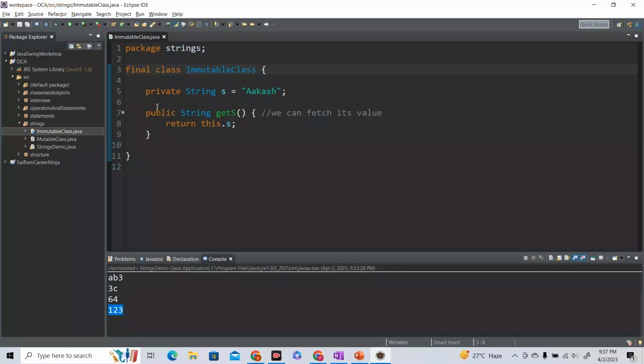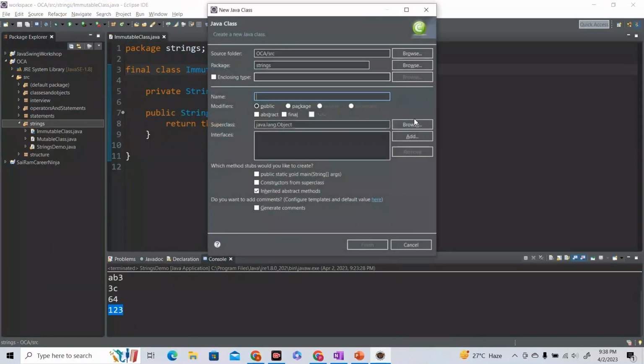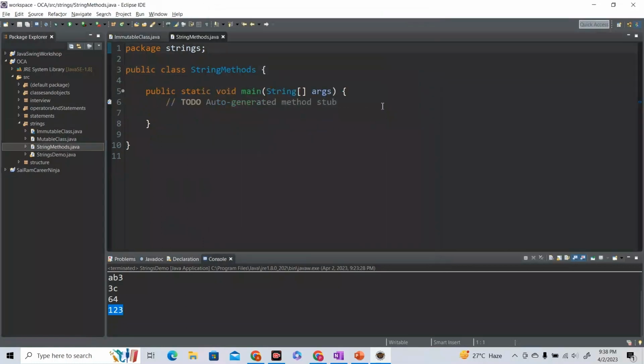Alright, now let us go over here and let me create a new class and name it string methods, right? And let's take a public static void main. The first method that we are going to see is the length method, and it makes sense. What is the spelling? Length, right? Length method will actually give you the size of the array, or the length of the